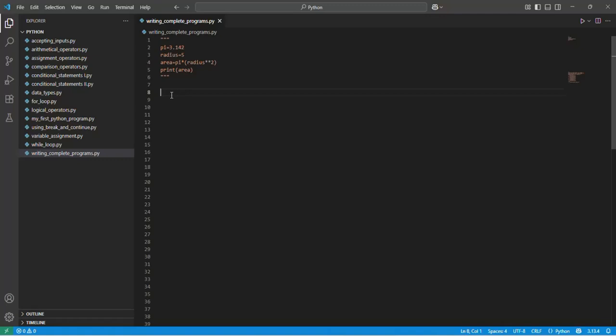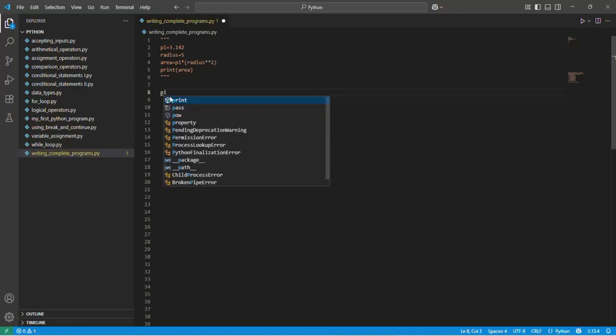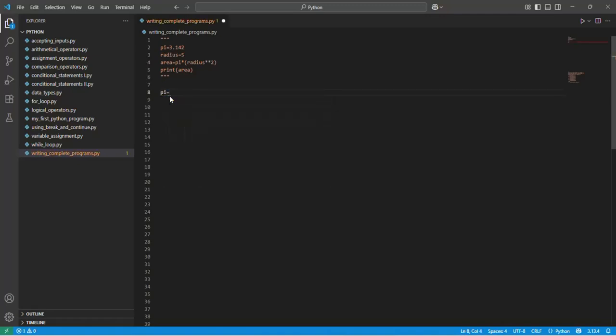Okay, so now let me say pi is equal to 3.142, and then radius is equal to 5, and you know the formula for finding area is pi r squared. So area is equal to